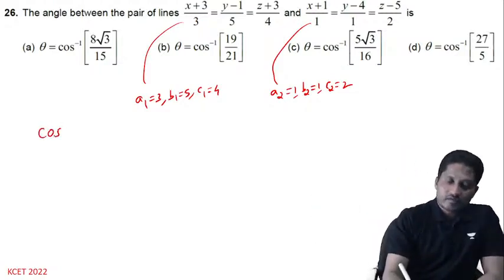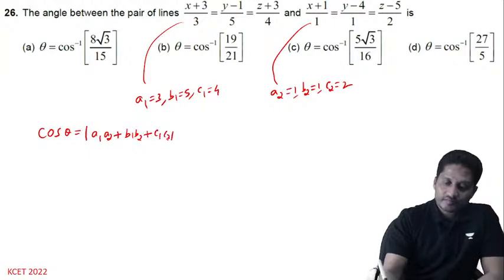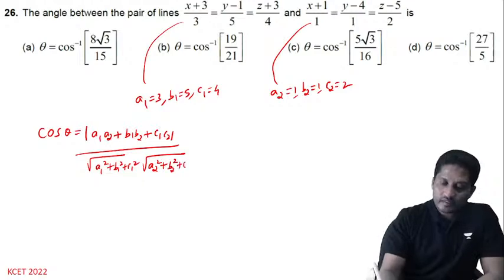Cos theta is equal to a1 into a2 plus b1 into b2 plus c1 into c2